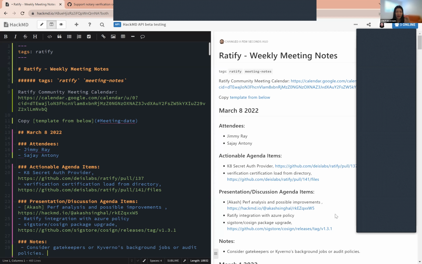I was just thinking about the scenario, Jimmy. Like if Gatekeeper, say, invokes Ratify on a cadence, then does Gatekeeper store the result, or do they just log it somewhere? It gets logged. I mean, you can control, I think, how it gets logged. I need to look into that a little more, but